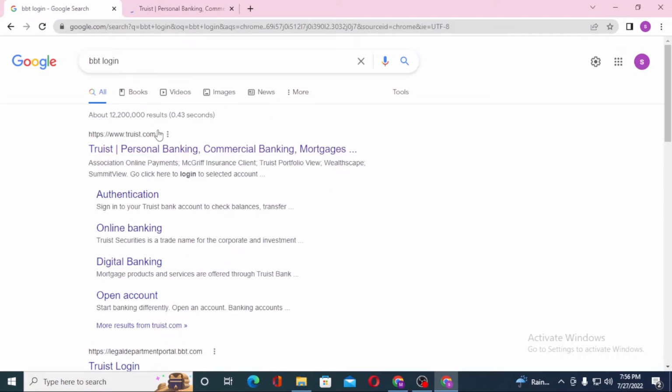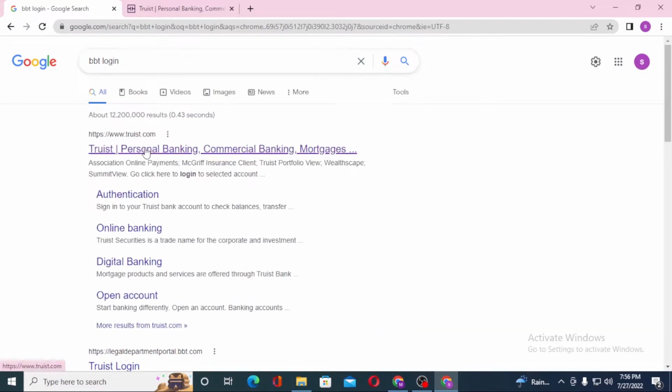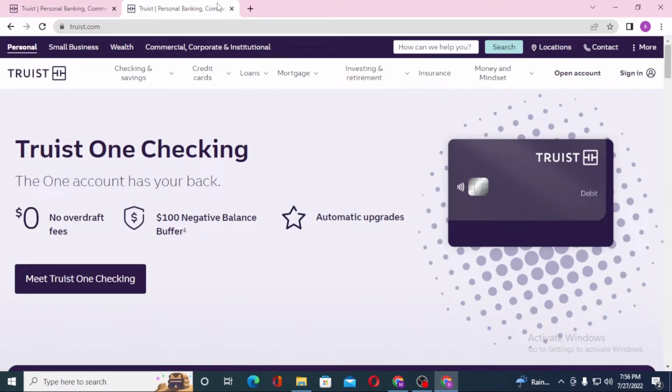And on the first result of Google, you can also see Truist.com when we search for BB&T login. Let's click on the first result of Google, and you can see both of these websites are the same. Let's close one of these, and now to log into your BB&T or your Truist account, you can see the